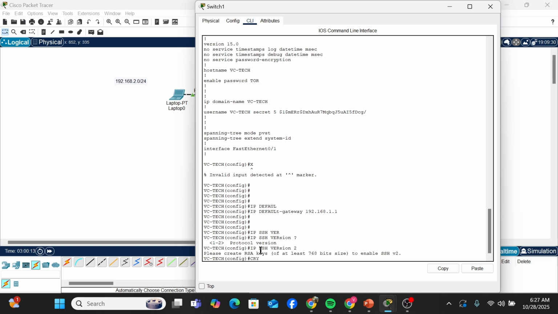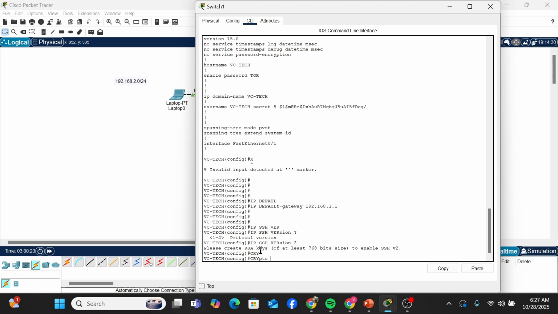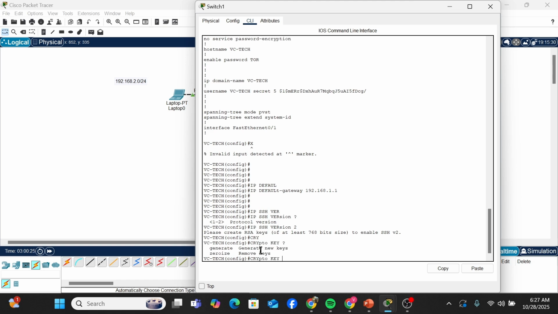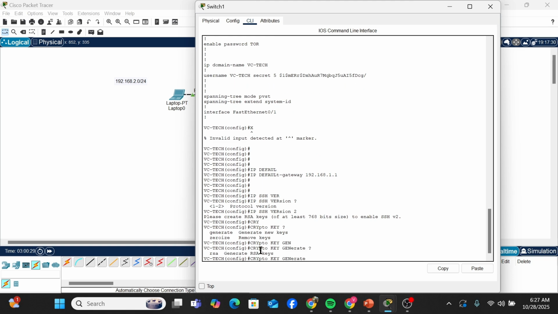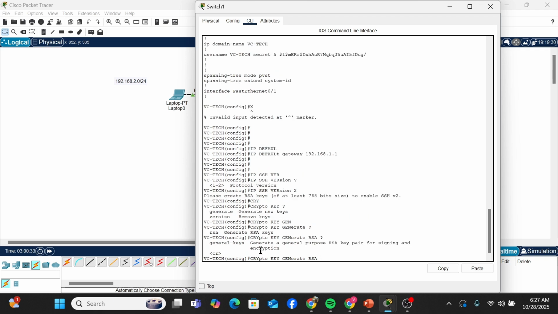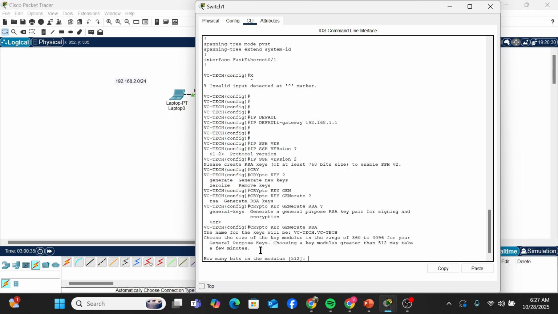And SSH uses a cryptographic key. This is where the encryption and authentication comes into play. So it uses a crypto key, and it generates, you want to say generate RSA, and when it gets to this part, you want to say 1024,